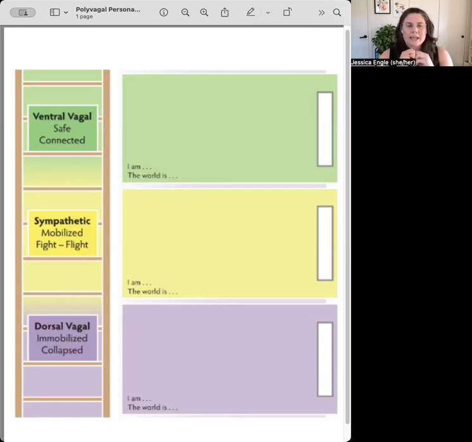And you're also going to get some writing implements. You can also Google polyvagal personal profile map, if somebody on our team hasn't provided you with this particular template, and you can print it out. And when you have all of those, go ahead and